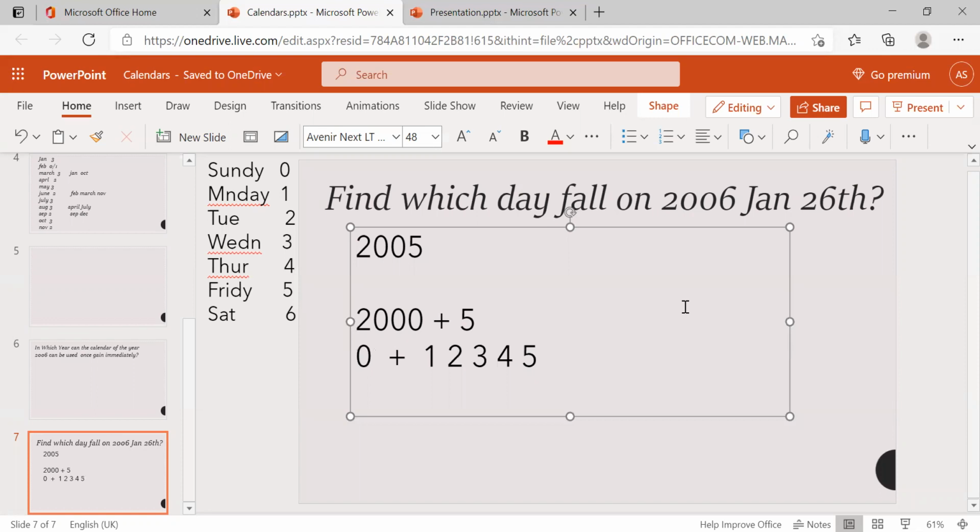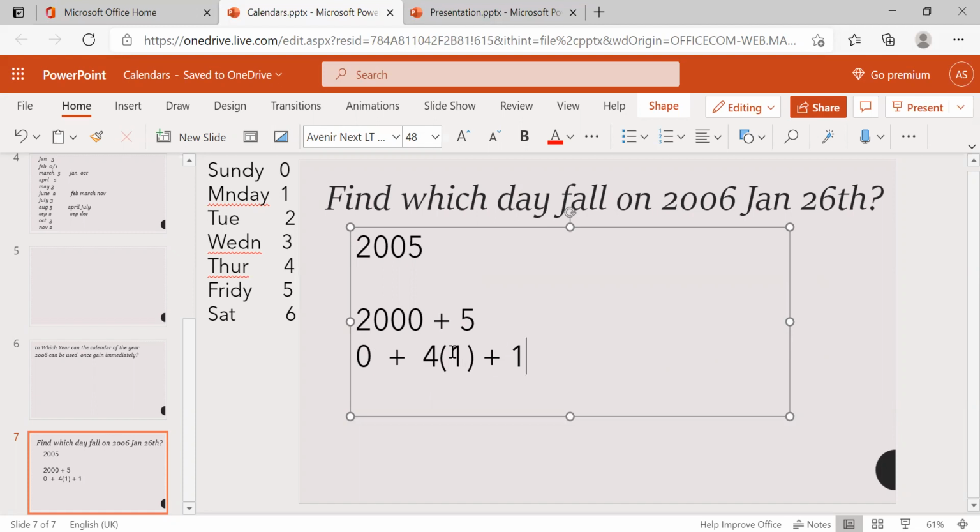After every 4 years, we'll get a leap year. 1, 2, 3, 4. The first leap year we are getting here, right? So 1 leap year, and 4 non-leap years, right? So in 4 non-leap years, how many odd days will we get? Every year, 1 odd day. So 4 years, 4 odd days.